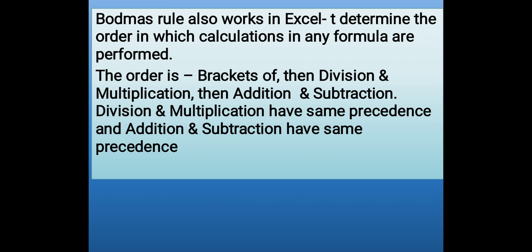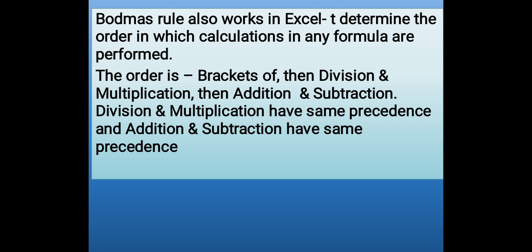BODMAS rule in Excel. Children, as you know, in mathematics we use the BODMAS rule when we are simplifying a mathematical equation. Just like that, in Excel also we use the BODMAS rule. The rule is that first brackets, then division and multiplication, and after that addition and subtraction will be solved. Children, in Excel, division and multiplication have the same precedence and addition and subtraction have the same precedence. It means